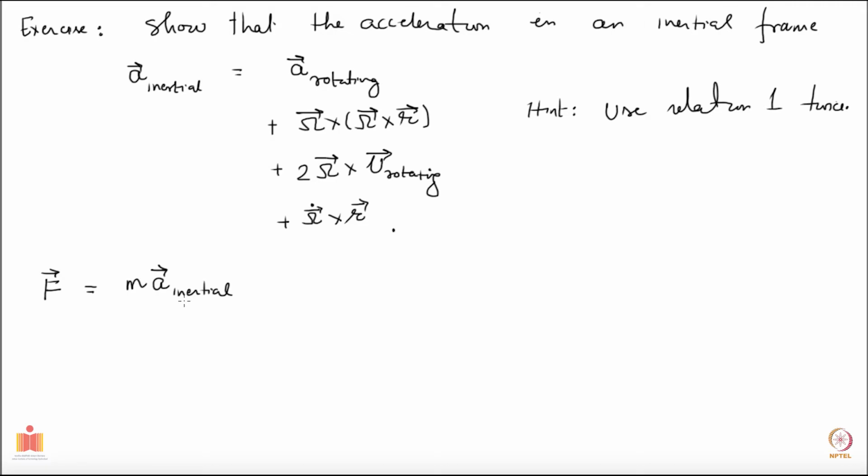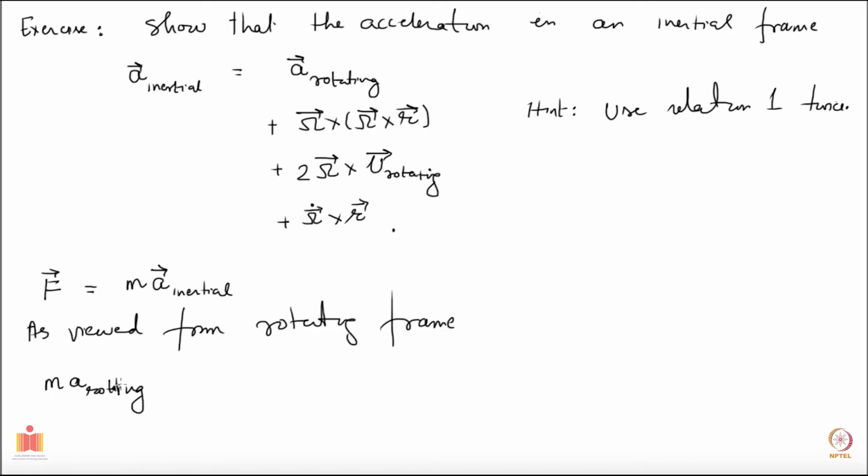Okay, but now let's ask how things appear if you view the same object accelerating in a rotating frame of reference. Okay, so let me do this. All I have to do is take this expression here and multiply throughout by the mass of the particle. Okay, and when I'm looking as viewed from the rotating frame, if I'm looking at the acceleration of that object and I multiply by mass, then I'm looking at this quantity,